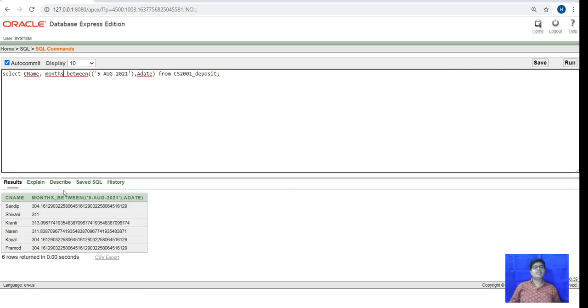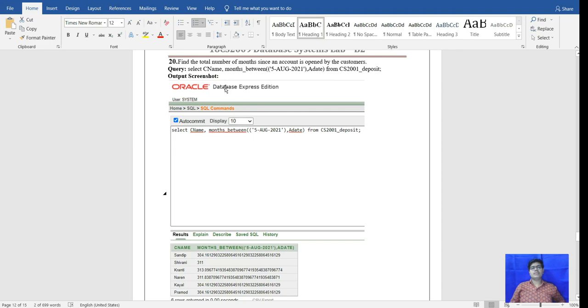It will show the months between the dates.